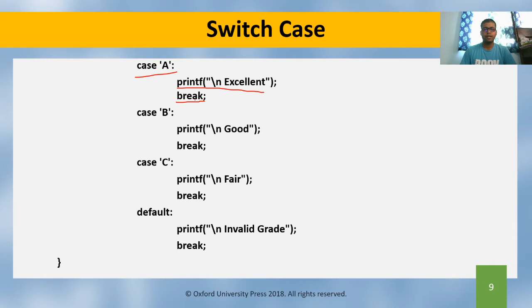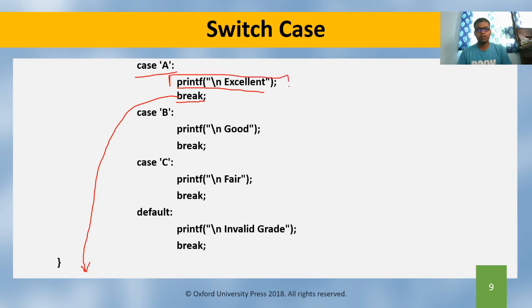This break means it will go to the end of this switch case, so it will come out from this loop. So we cannot further take other cases. Only one case will be taken at a time, and after the execution,